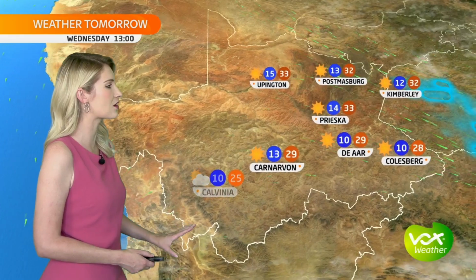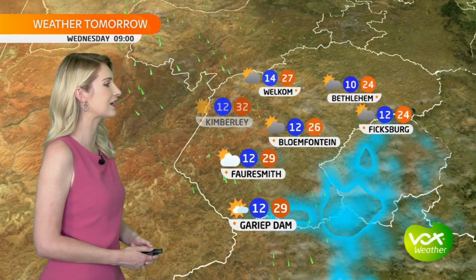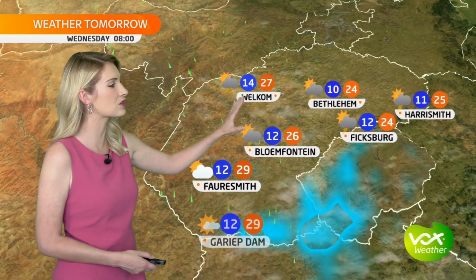Northwesterly winds picking up with a few patchy thunderstorms likely over the extreme southwestern areas. And then in the Northern Cape, we're expecting temperatures in the lower to mid 20s over the southern areas. Hot in the north with 33 in Upington, 32 in Kimberley. Later becoming partly cloudy, and that northerly wind picking up with a few patchy thunderstorms likely over parts of the